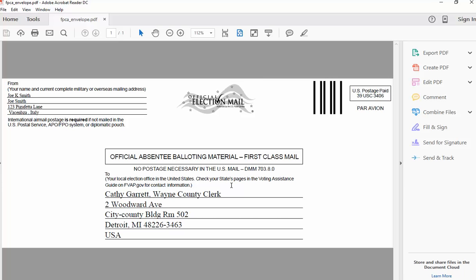That's the way you should do it. It's very simple and very easy. And if I were you, I would do it now rather than waiting until later, so that if they have questions, you'll be able to answer those questions and you'll be able to get your ballot on time. So I hope this will